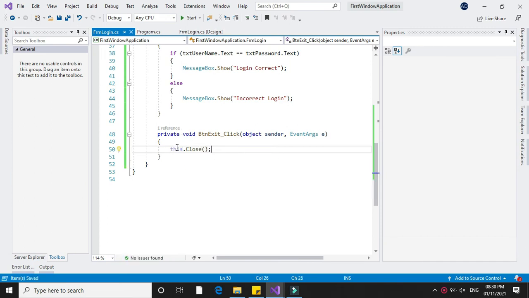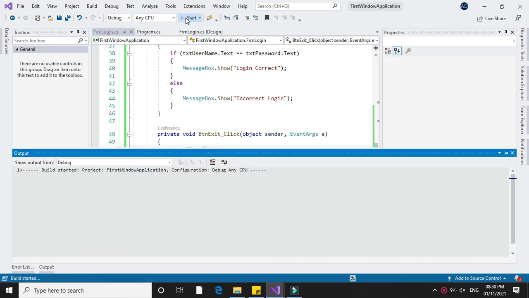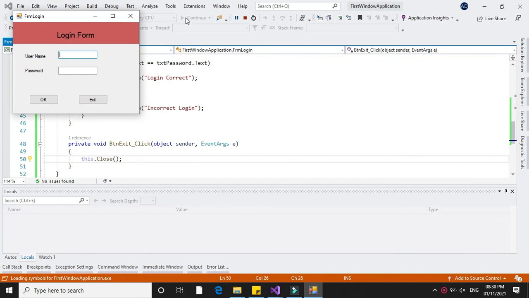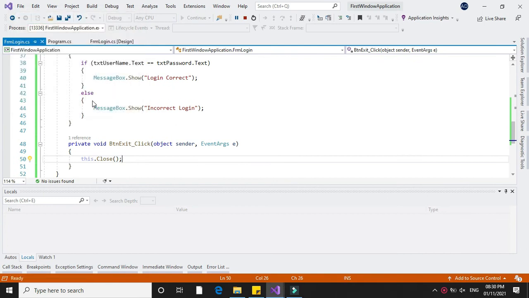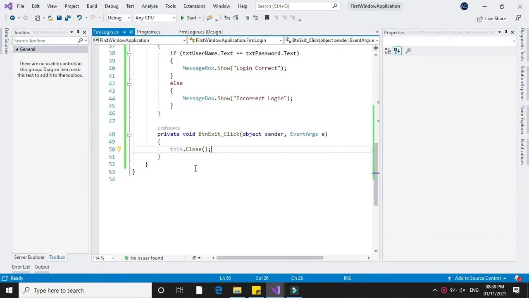Use this dot close method, and if you run, if you press exit, it will close the form. Since .NET Framework C# is an object oriented language, every form is a class, so this dot close.